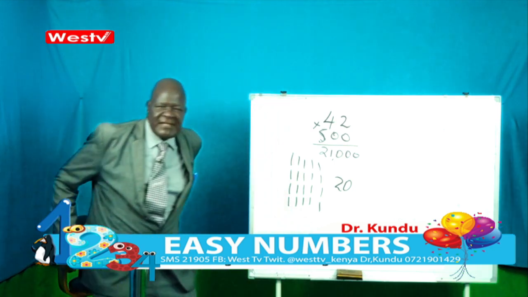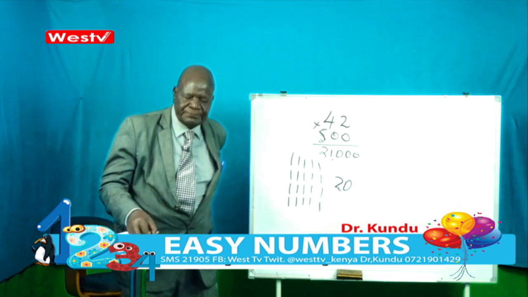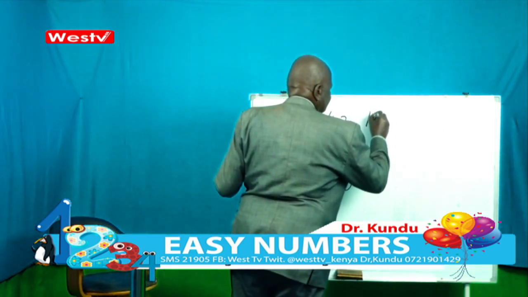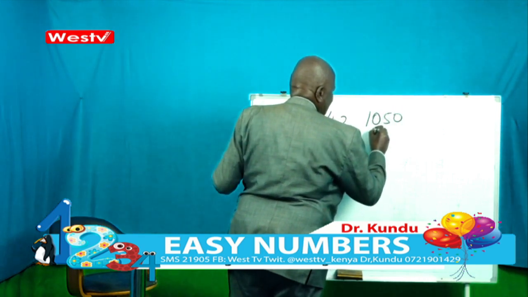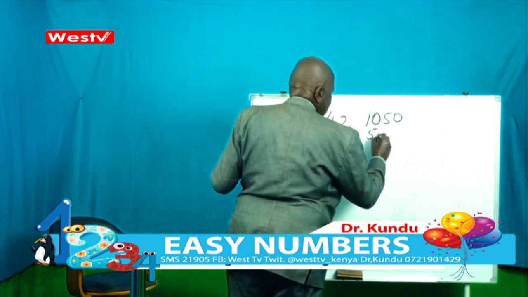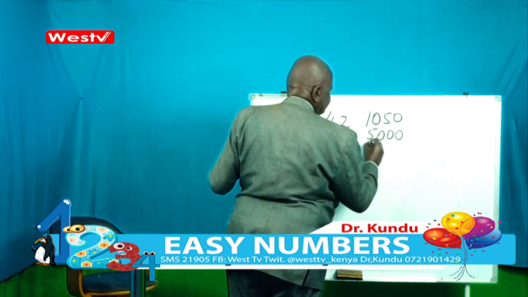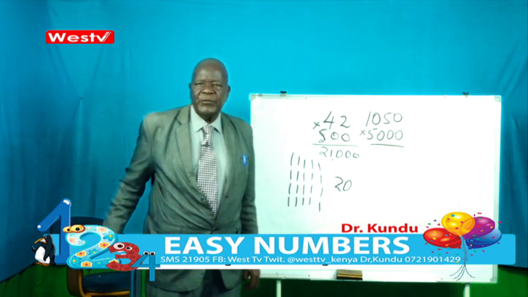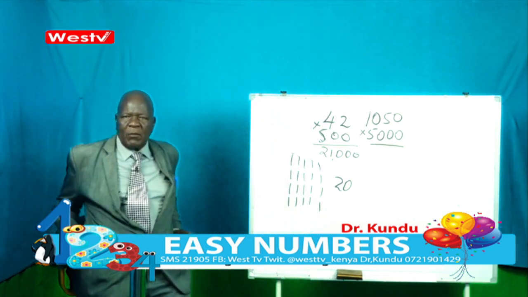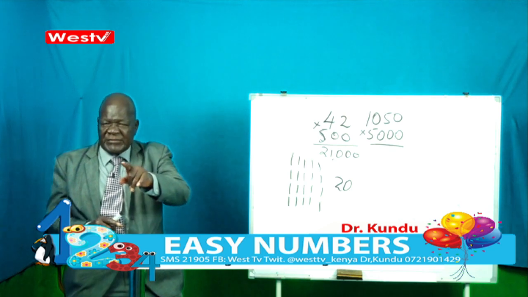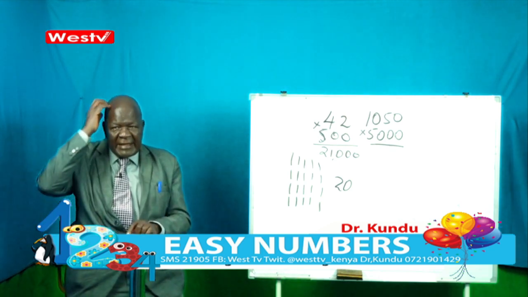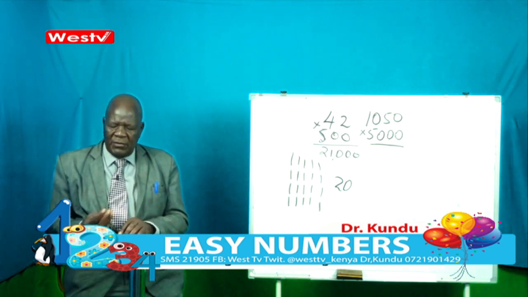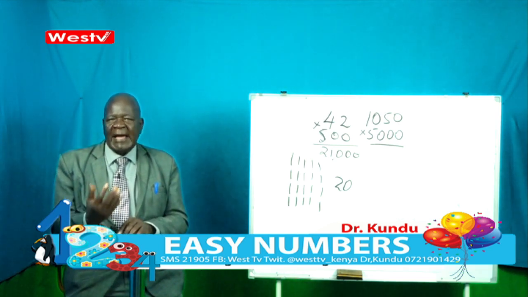Now let's look at a scenario like this. 1050 times 5,000. Now you have that scenario where your training is on counting, and now you have a number that you cannot count. Now, if it is using the fingers, I have always asked,